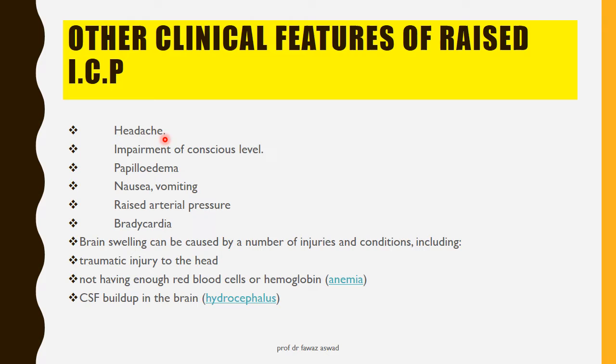Sometimes we could find papilledema, nausea, vomiting, and if you measure the patient's blood pressure, we could demonstrate a rise in the arterial blood pressure, in addition to bradycardia. The most important things are the conscious level and the papilledema,